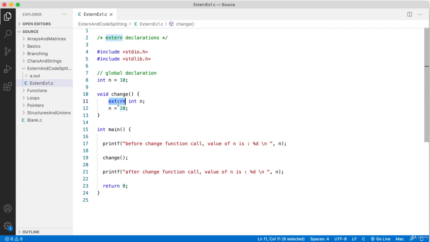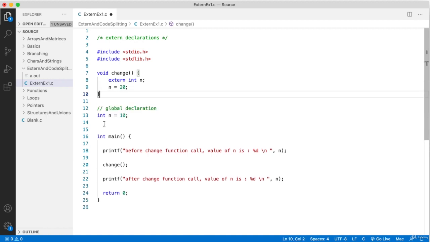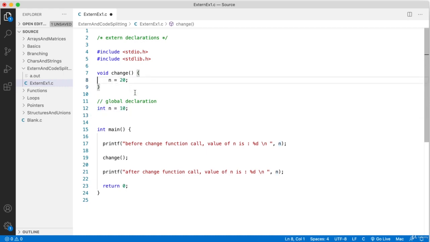Now, do we really need this? Let us see when it is actually needed. Now we are referring to n even before its declaration, right? So suppose it is not there, this particular reference to n will be invalid.